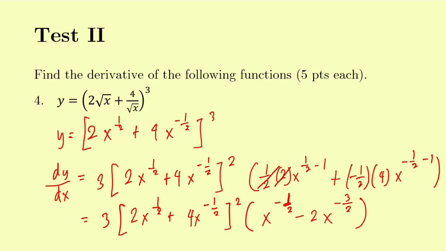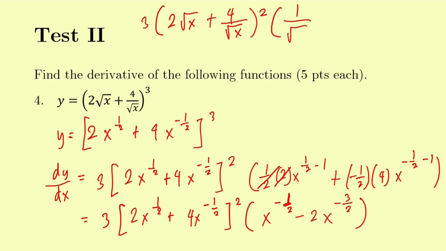Okay, next. We're running out of space. Okay. This will be 3, we can bring back now the negative exponents here. This will be 3 times 2 square root of x plus 4 over square root of x raised to 2, multiplied by 1 over square root of x